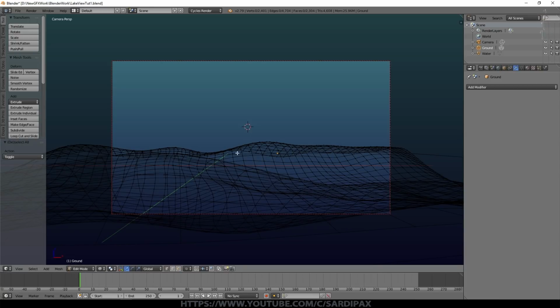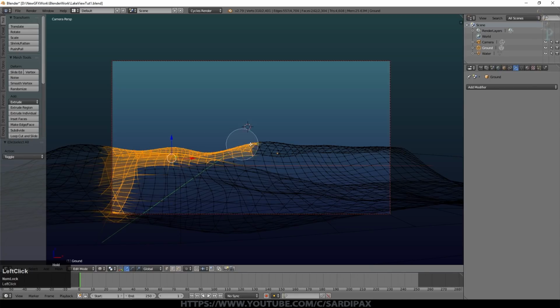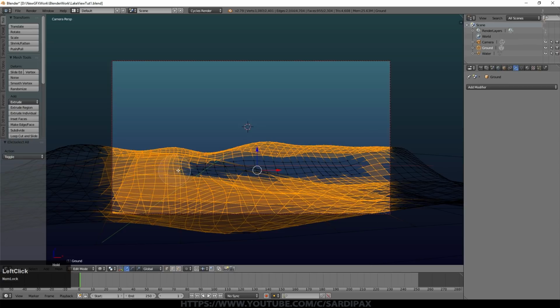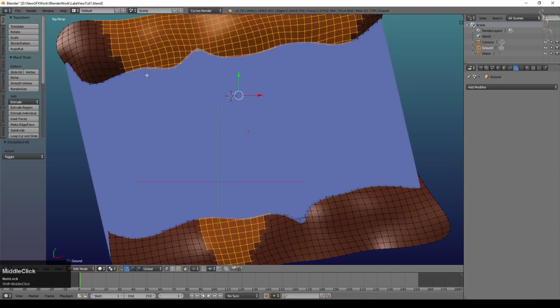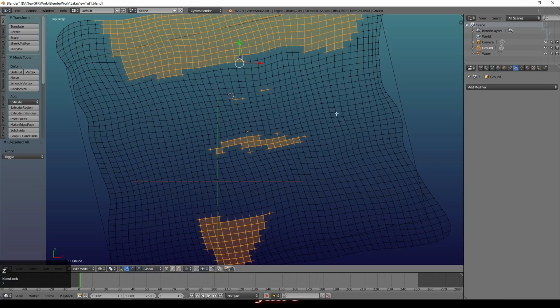I'm in edit mode with the ground selected, press C, and I'm just going to select the vertices. I'm in vertex select mode so that I can see the ones just outside the camera view as well. Now this is going to select more than I actually need, so I'm now going to look from above, and I know that everything underneath here I don't need selected. So I'm holding the middle mouse button now and I'm staying just slightly away from the edge of the river and just marking that out there. So if I press Z now, you can see there's just a few vertices to remove in there.